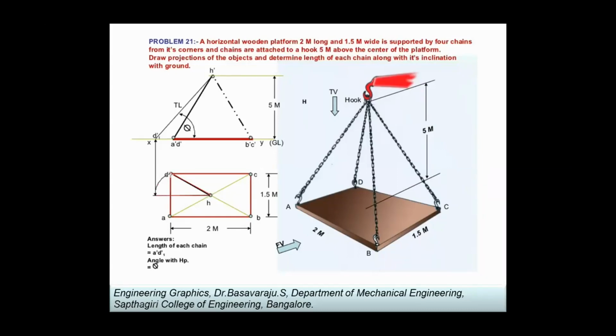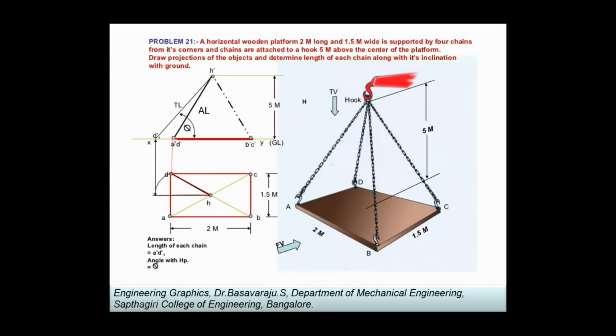Got it? Earlier, when this was inclined, I would draw a projection till here, and this was the inclined length. This is the apparent length of the chain. Just write it L because it is not obvious. When I rotate this line, it has the same length. If it is somewhere around 0.7 meters, imagine that I am rotating it back and placing it to the horizontal.